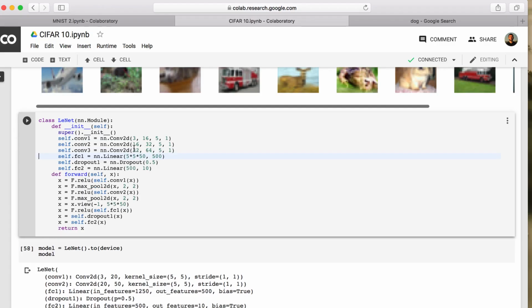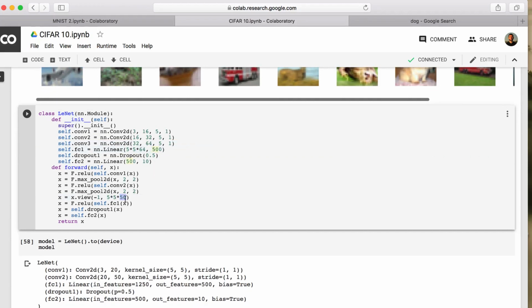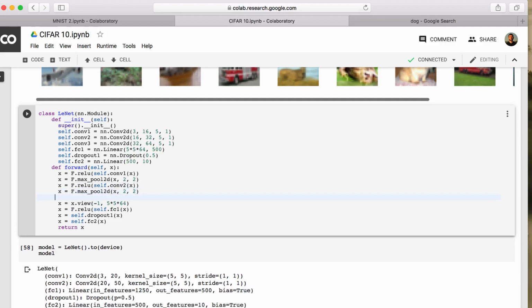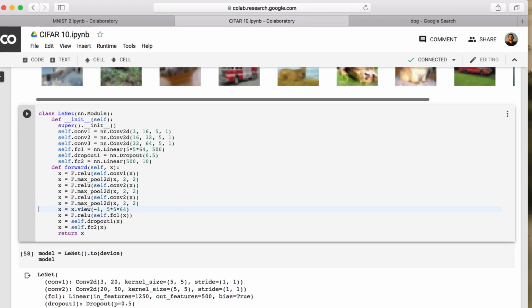As such, the appropriate vector being fed into our fully connected layer will be 5 by 5. That will not change, but the number of output channels coming out of our last convolutional layer will be 64. And we ensure consistency in our forward method as well, 5 by 5 by 64, and applying the ReLU function to this third convolutional layer. Simply copying and pasting the following, and making sure that this says self.conv3, and we should be good. The added depth of this convolutional layer will help our network extract features more effectively and lead to improved accuracy. However, going back to our graph,